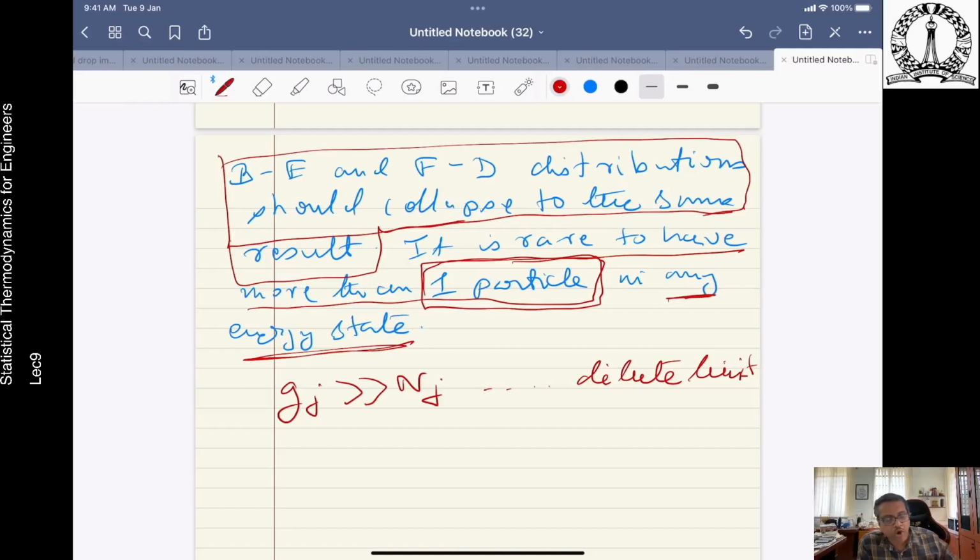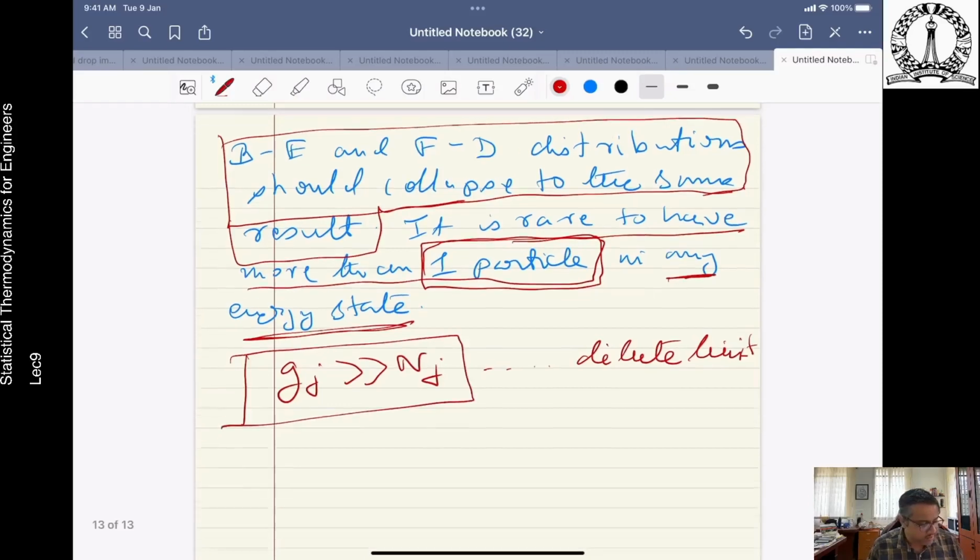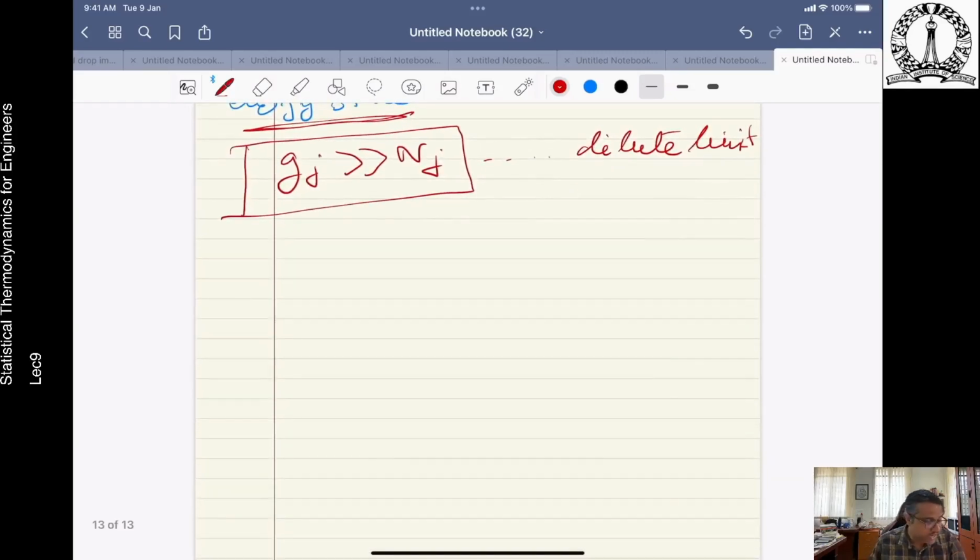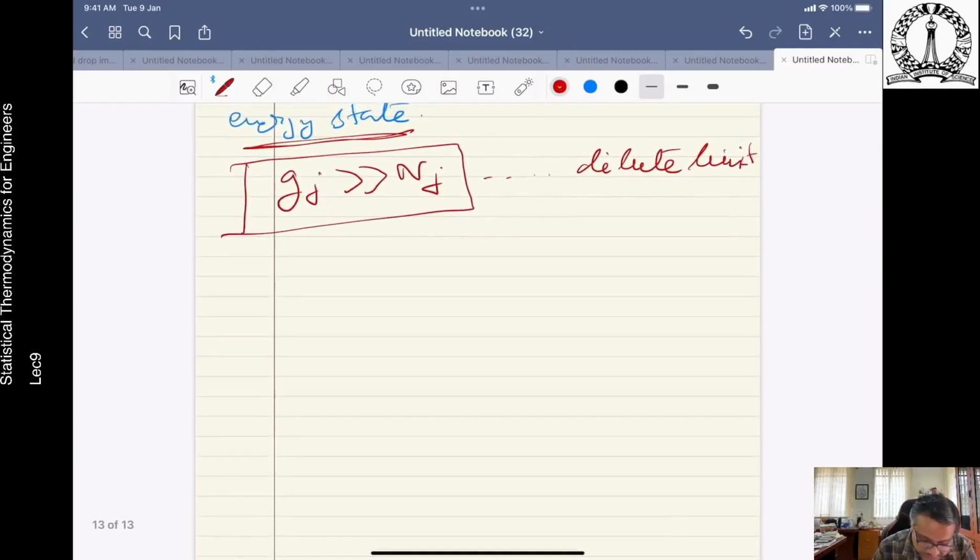But because there are a lot of states available, the two statistics collapse and give you the same result. This only happens when the degeneracy is much, much greater than the number of particles in that particular energy level. So therefore,